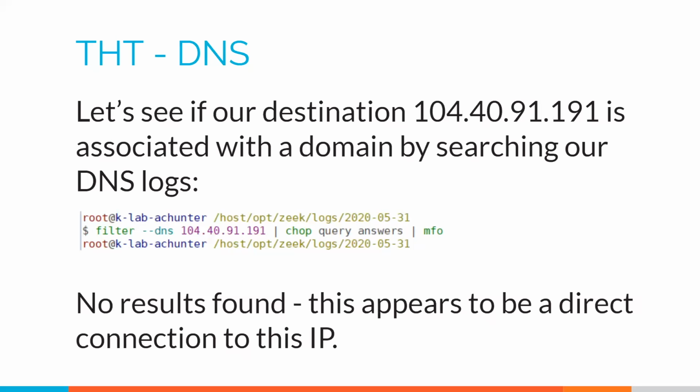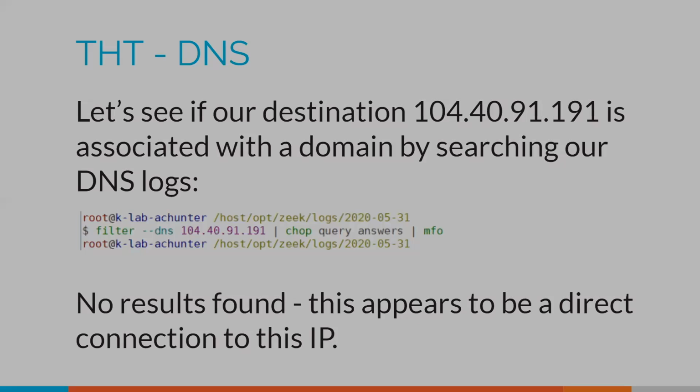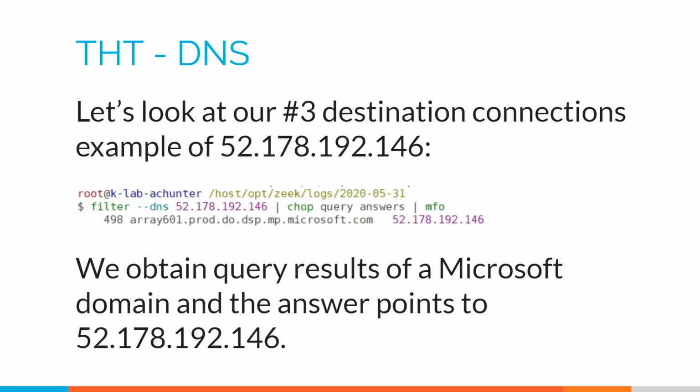It's just that in general, a lot of the traffic that's going to be taking place, say over HTTPS, is going to be associated with some form of domain. But again, like I said, I looked it up, and it actually was a Microsoft domain, and it was legitimate traffic. So if we look at another one that was in our con summary under that same host,